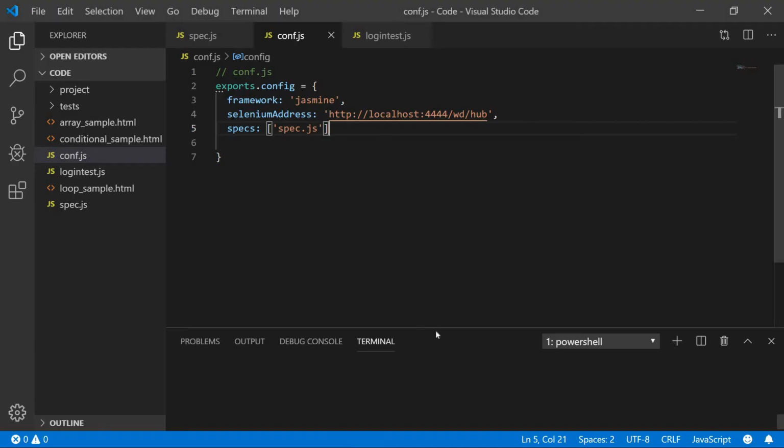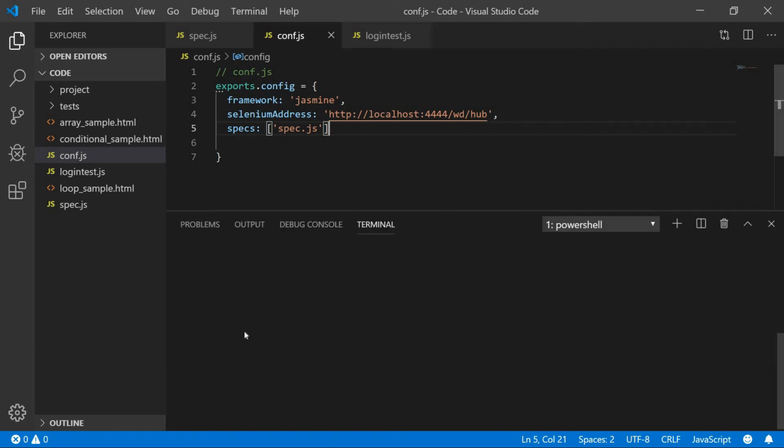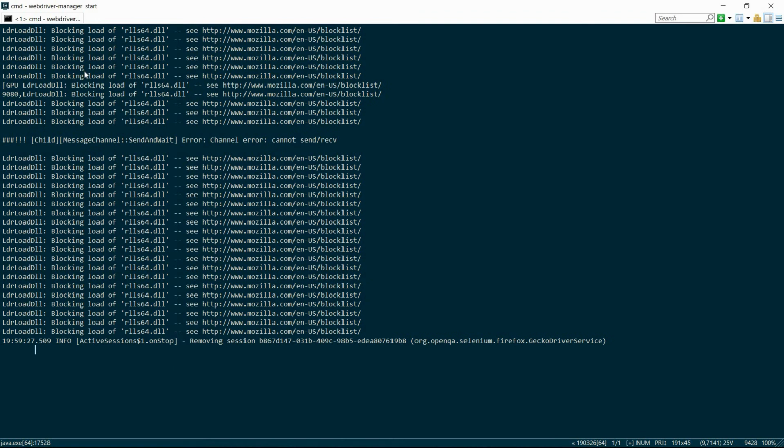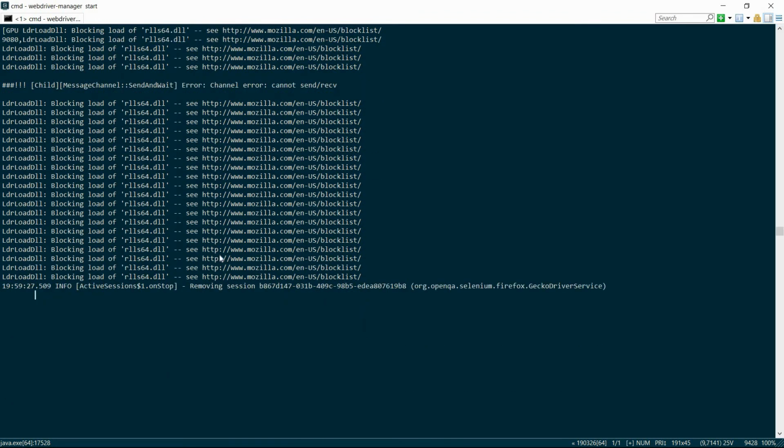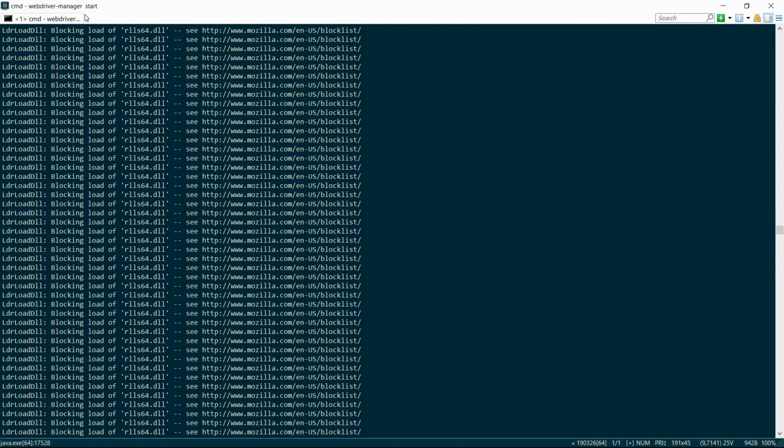We can run it from our terminal and we can also run it from ConEmu. I think my Selenium server is running here, so let me have a look.